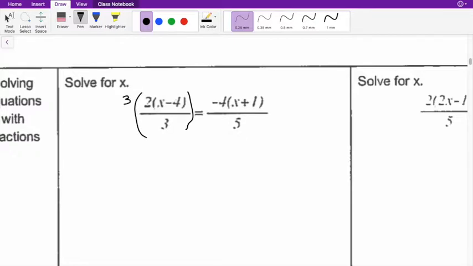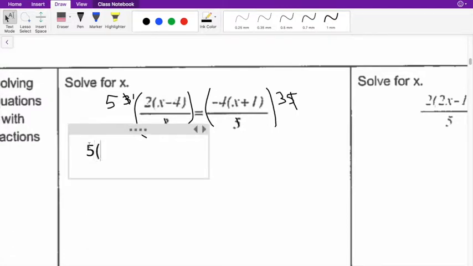So if I multiply this by 3, that's going to end up being 3 divided by 3, right? Which will just cancel out and create a 1. So we've got rid of this, but we can't do something on the one side without doing the other side. So let's multiply this side by 3. All right, and then we want to get rid of this 5, so let's multiply this side by 5. 5 divided by 5 equals 1. Those are going to cancel out, but I have to do it to the other side. So that leaves me with